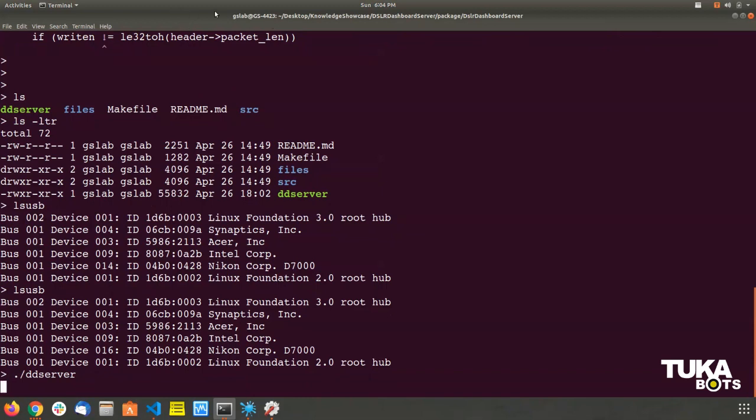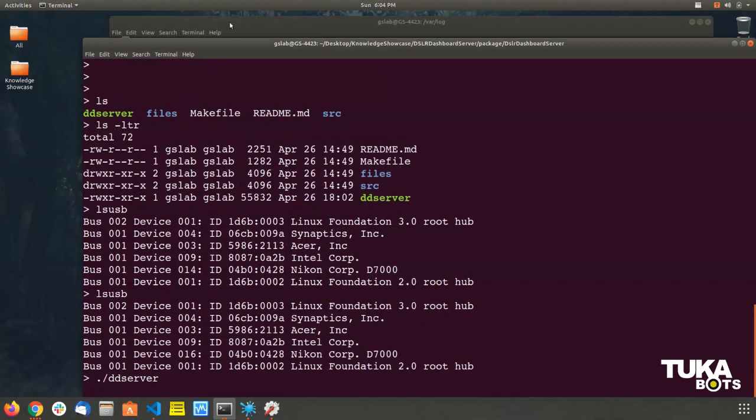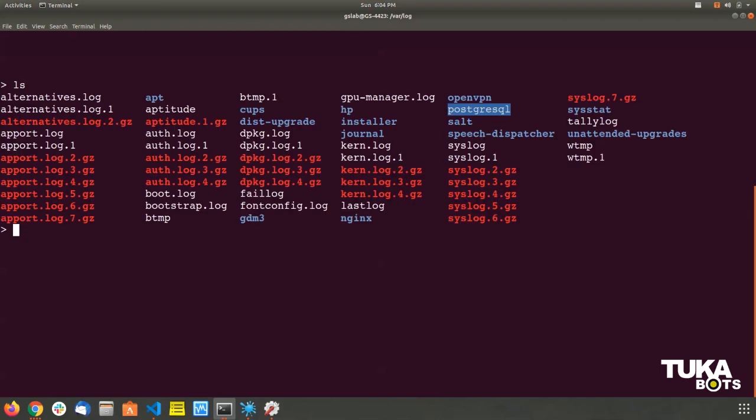It has all syslogs. We can monitor those. I'll just grep for it, so I will only get logs which are there from the DQD server.